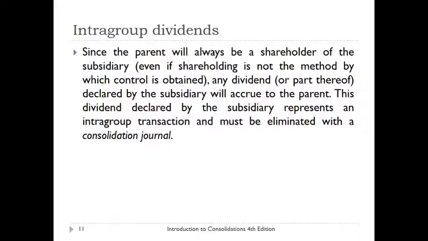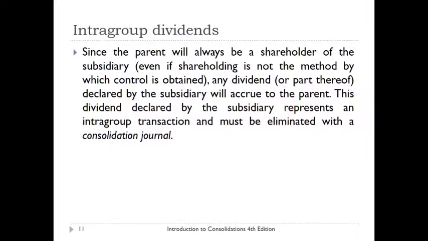So when we talk about intragroup dividends, the parent will always be a shareholder of the subsidiary, even if the shareholding was not the method by which control is obtained. Therefore, any dividend or part thereof declared by the subsidiary will accrue to the parent. This dividend declared by the subsidiary represents an intragroup transaction, as we've already mentioned, and must be eliminated with a